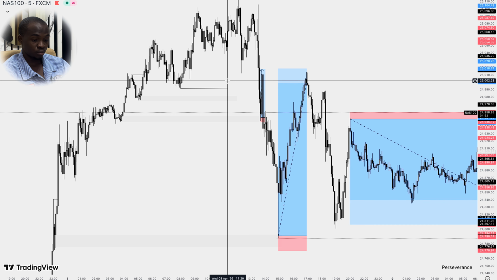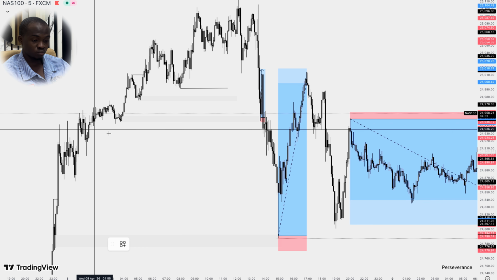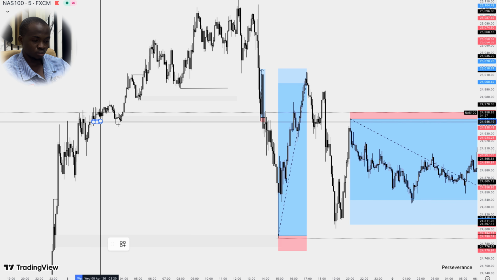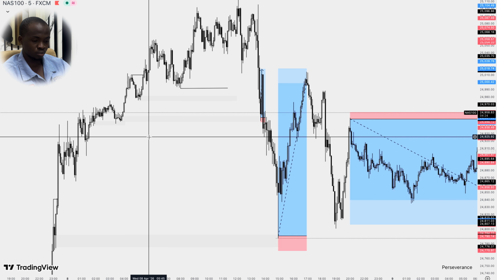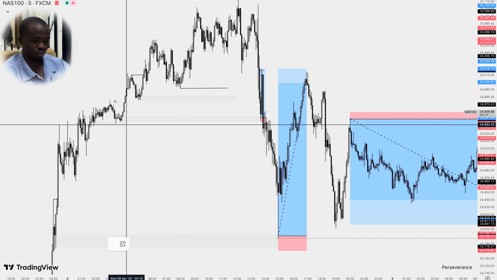But one thing you need to pay attention to is after a break of structure, after market maybe creates a break of structure or market structure shift, if price did not respect the first point of interest, which means after this break of structure, after price tapped into this support level, the first point of interest. Now when I'm talking about point of interest, in this case I'm talking about either it being from the MSS or it being from the BOS. The first one that price creates,